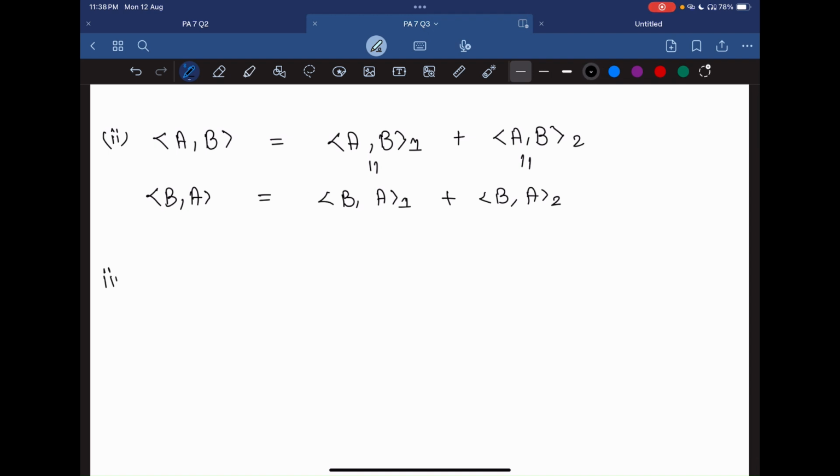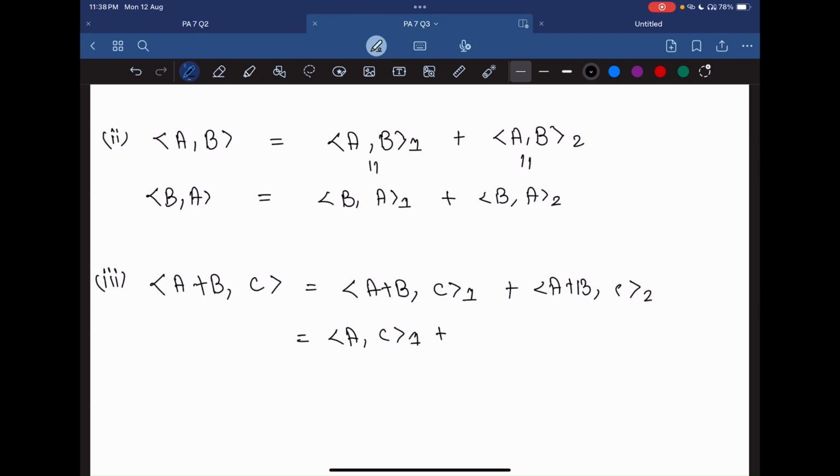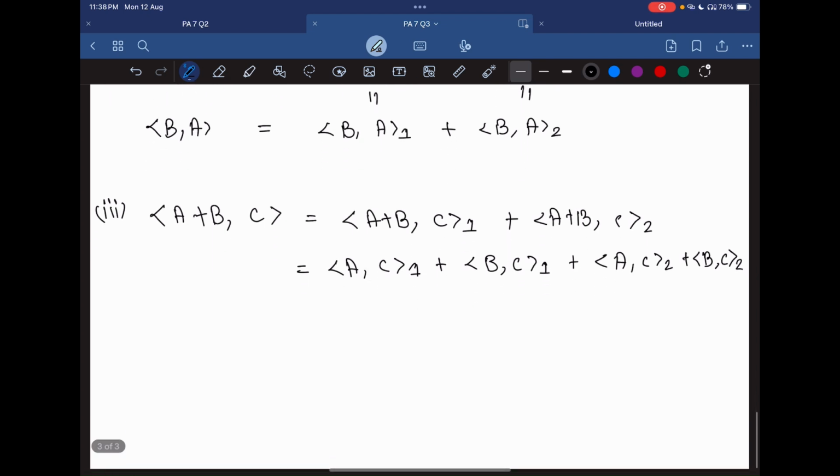Now let's check for the third condition, that is the bilinearity. So consider three matrices A plus B and C. All three are 2 cross 2 matrices. So this should be, now again as they are in a product, we can write it like this, A comma C2. Now if we just rearrange these terms,